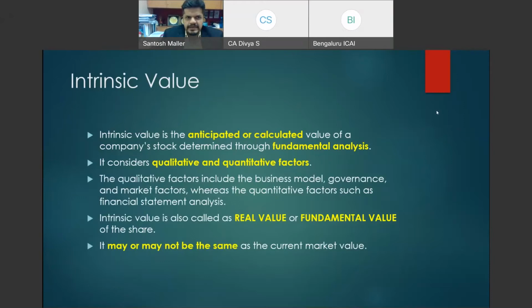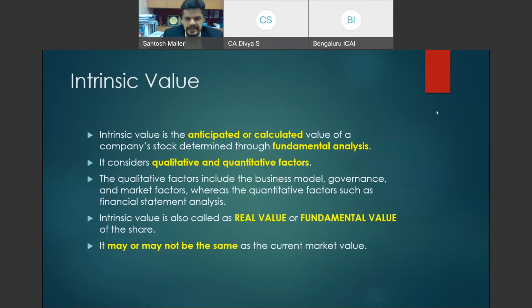So, for example, let's say we are talking about Paytm shares, right? It got issued at around 2000 rupees per share. It got listed at a heavy discount. On day one of the listing, we saw a fall of about 35, I think it was 40%. So what was the intrinsic value, one may ask? Was it the issue price? Was it the listing price? Or was it something else?